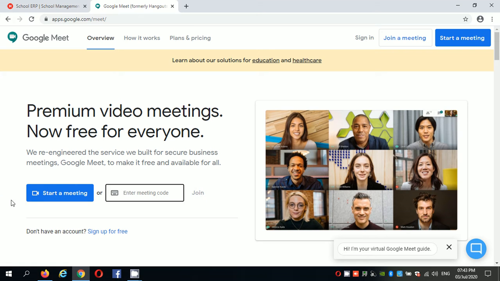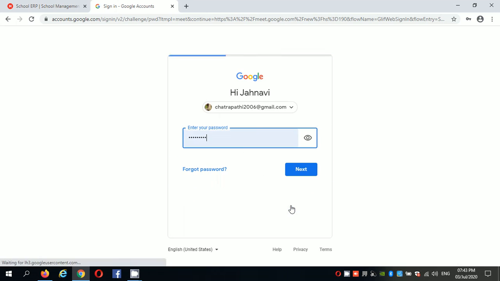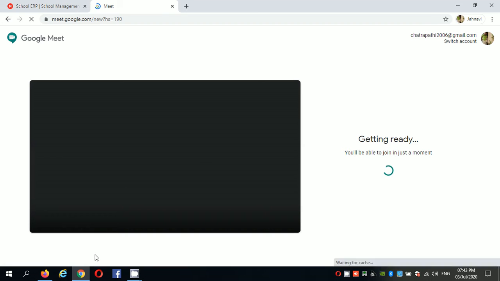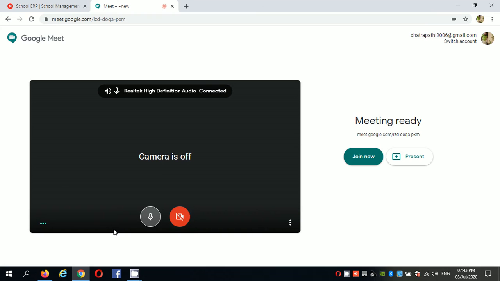If you want to start a meeting of your own, click start a meeting and it will ask for your Gmail account. Enter your password and your credentials. Automatically it will go to your Google Meet window.